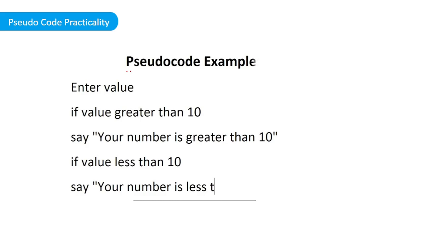solve a particular problem. So here, the problem can be that, okay, write a computer program that is able to tell a user that the number or the value they entered is greater than 10 or less than 10. That is the problem set. So how can we represent the solution for the given problem using pseudocode? Now, according to pseudocode, you have to use English words or English-like statements. Sometimes you can include a bit of